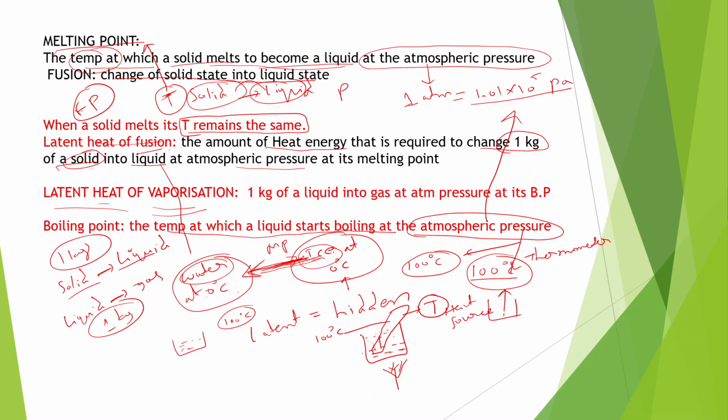But when it is converting into vapor state, water from liquid to gaseous state, the heat source is still being given, but the temperature will stay at 100 degrees Celsius only till all this water changes into vapor state, because the heat is in the form of hidden heat. Why will we call it hidden? Because when a change is happening, solid to liquid or liquid to gas,